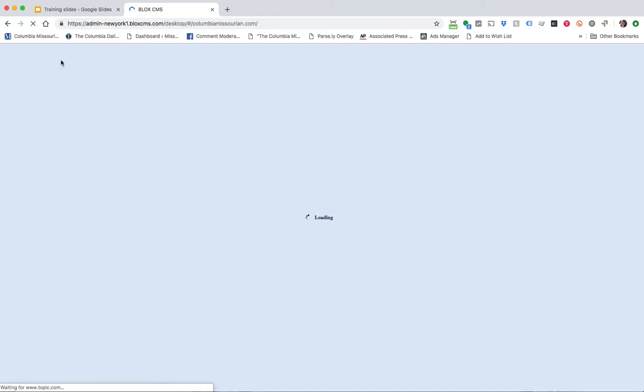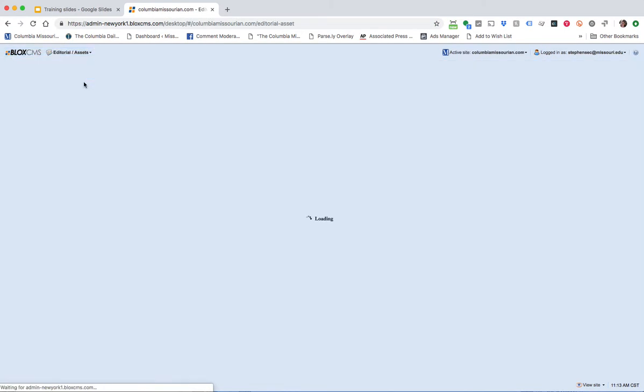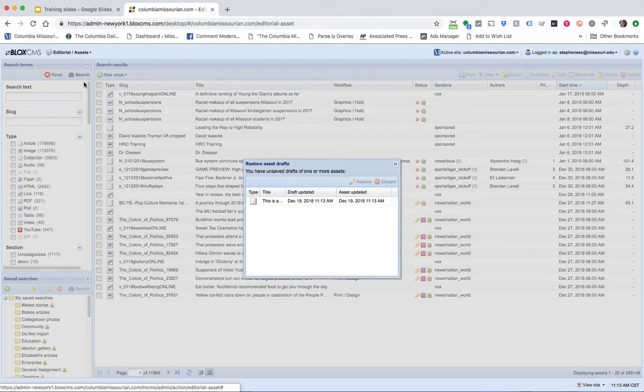So say it's the next day, you've seen your story on the site already, you've actually tweeted it out or something, so you know it's published, and you get this box. If you can't tell what story it is, you can expand out your title to see what's going on there. But in this case, you are going to select it, click restore,